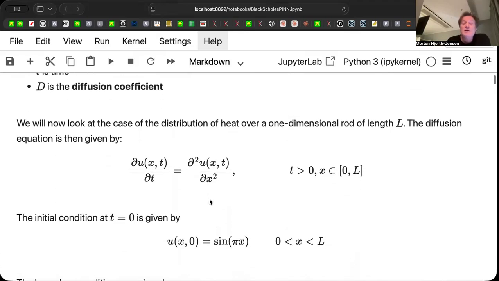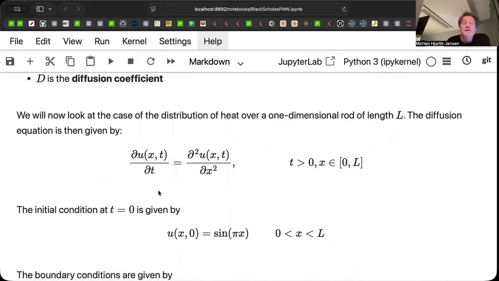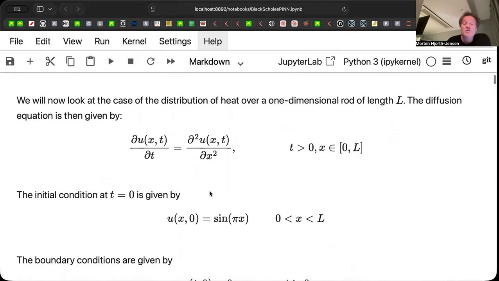So when you look at this equation here, since we have 2 variables, in order to be able to solve it, we need to define initial conditions. And one initial condition could now be something like this. And the example here could be you having a rod of a given length, 0 to L. And you could think of, if you're looking at this as the distribution of heat along a one-dimensional rod, you could then think that at an initial time, t equals 0, then the distribution of heat,